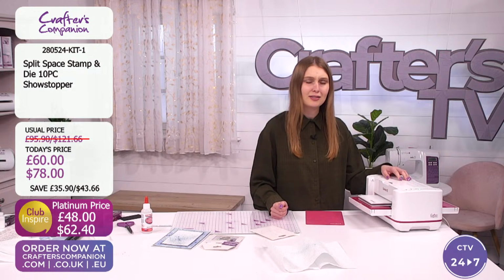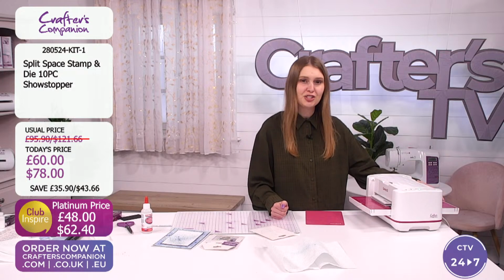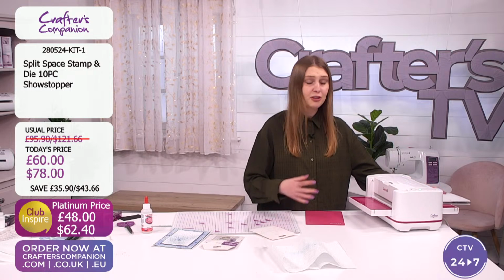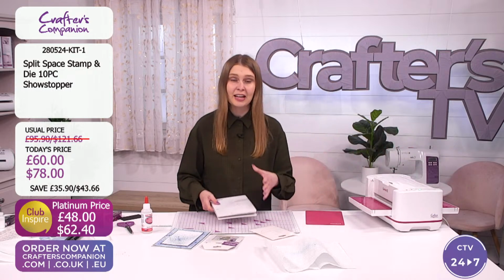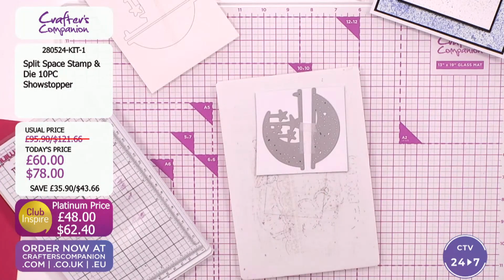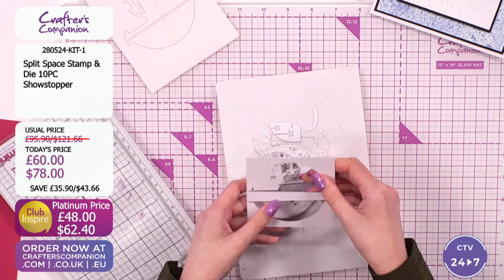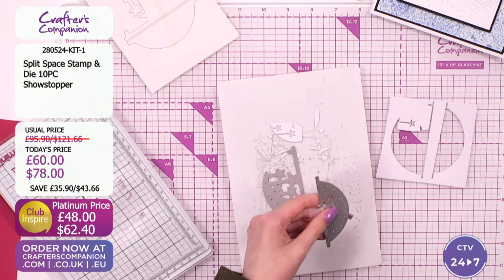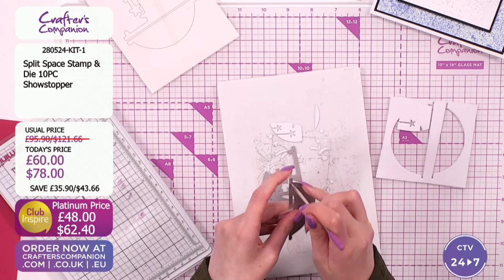I don't like using cardstock if I can help it. I like to save all the scraps, use up all the scraps. And these dies are perfect for that as well. If they were one full die joined together, of course you'd have to use a larger piece of cardstock, but by them being the 2 smaller halves, it means they'll fit through your smaller machines as well. But it means also you don't need to chop into those larger pieces of cardstock, so ideal scrap busters